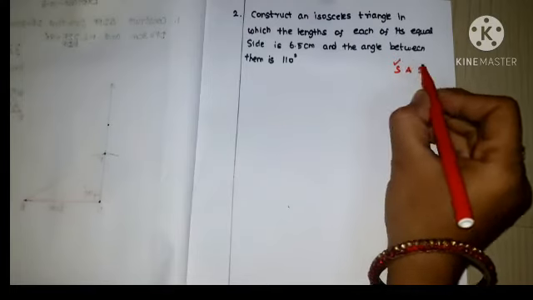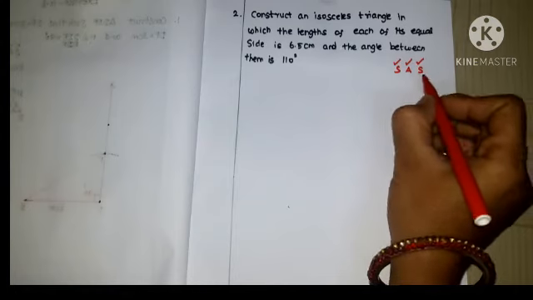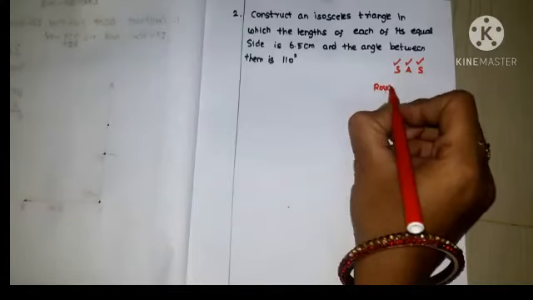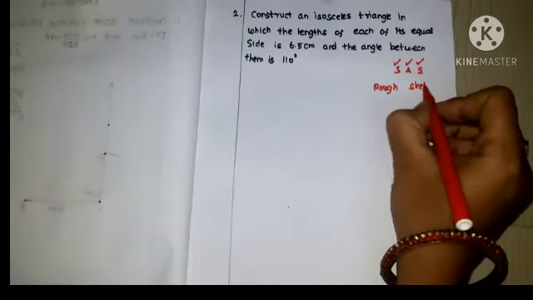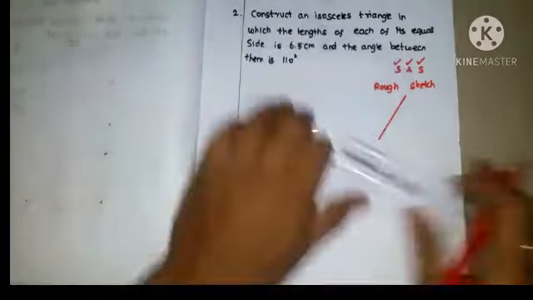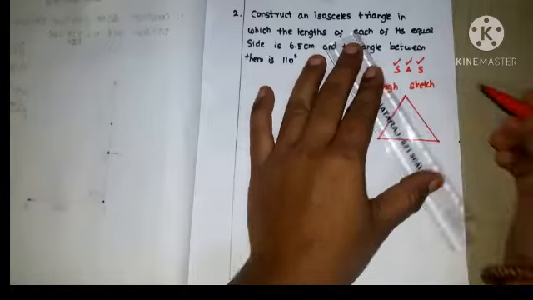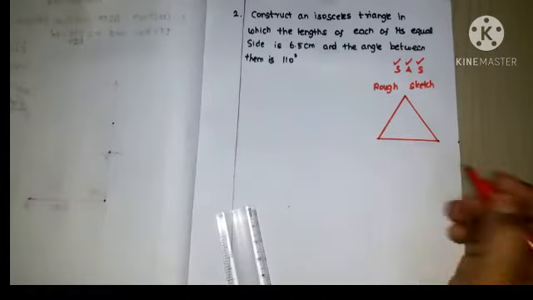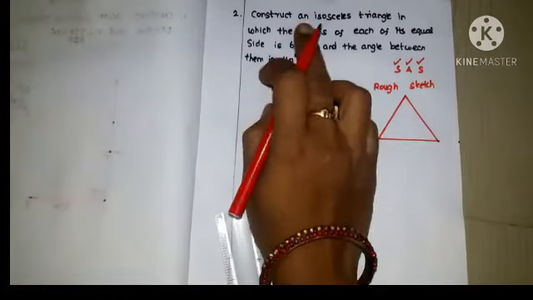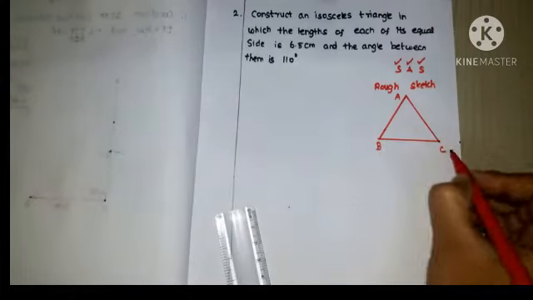First we have to draw the side, after that we have to draw the arc, after that we have to complete the next side of the triangle. Okay, now let's go for the rough sketch. Draw one triangle. So this is one triangle. I choose any type of triangle. This question does not have any naming, so I just mark it as ABC.